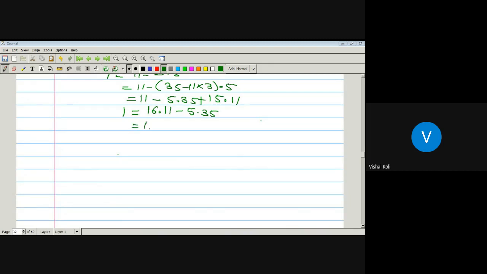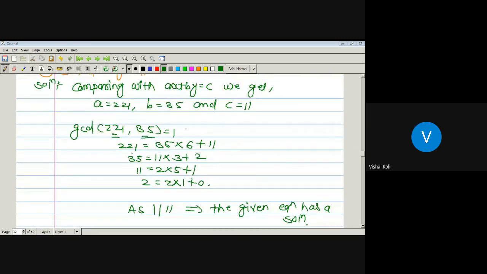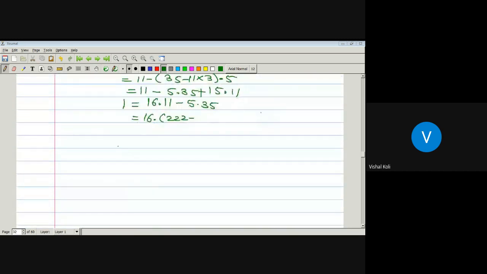So 16 into 11 is nothing but 221 minus 35 into 6, minus 5 into 35, which is equal to 16 times 221